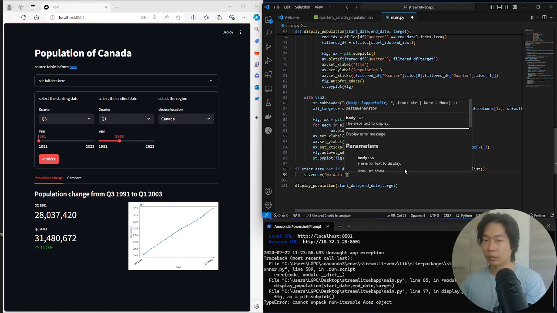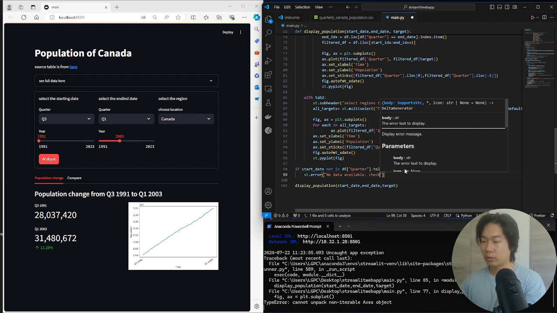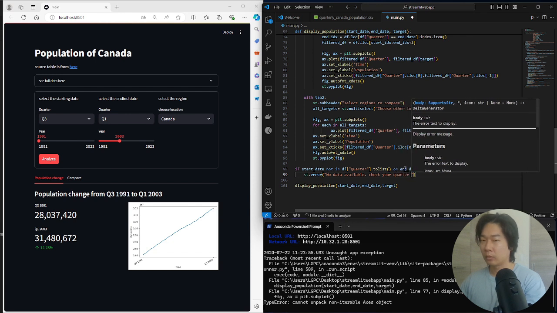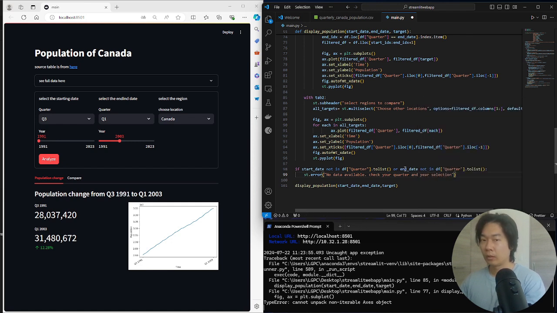No data available. Check your quarter and year selection. And else